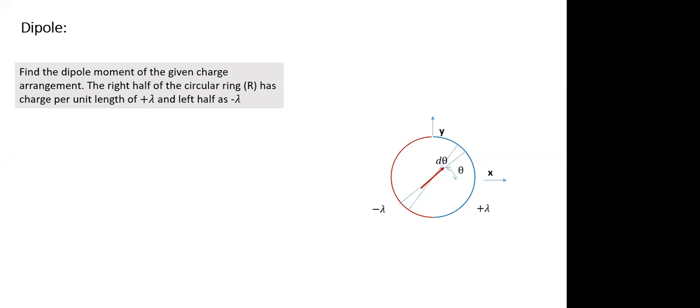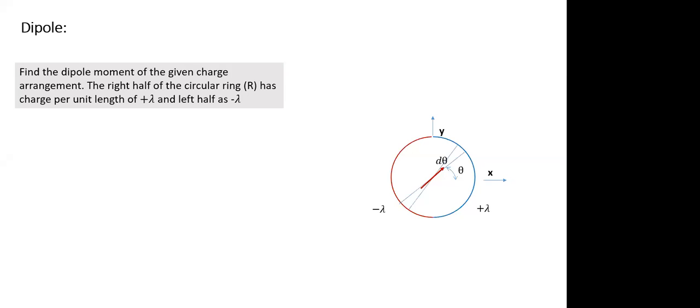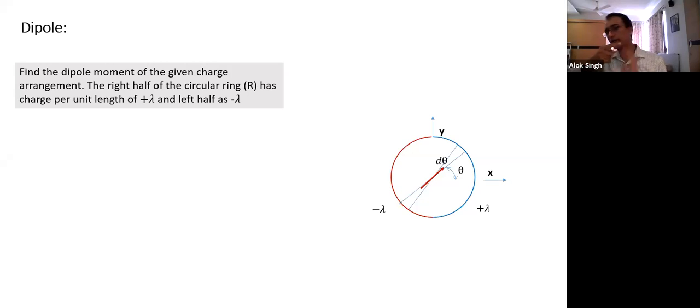So we'll take a pair of small elements and find out its dipole moment. Since dipole is a vector quantity, I'll take its x component, which is dpx, and then I'll integrate over the limit. What should the limit be? Theta will vary from where to where, so that all elements are covered? Minus pi by 2 to pi by 2, because if I cover the entire blue part, the red part also will automatically get covered. So the steps are: selection of a pair of elements, finding the dipole moment for the small element pair, taking its x component and adding it up by integration. These are 3-4 steps involved.